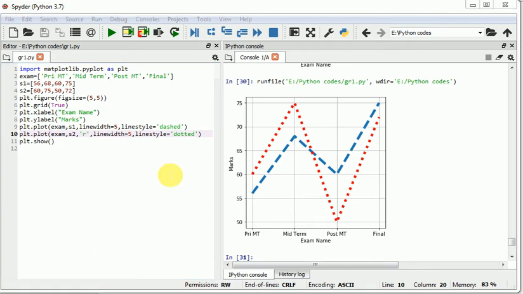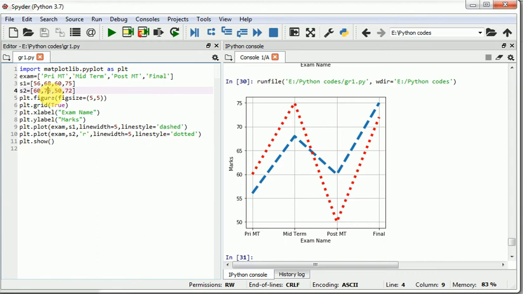Now one more thing, here no marker is displayed at this time. Suppose I am changing this value, in the place of this we can go on 55. Now look here, in the midterm there's a 55 mark, but there is no marker.